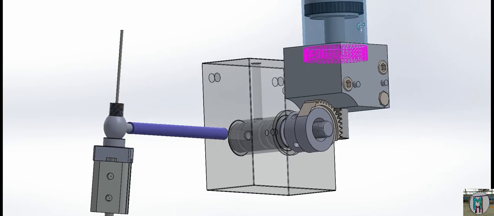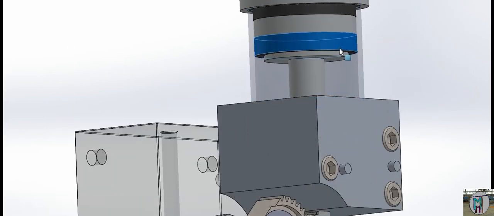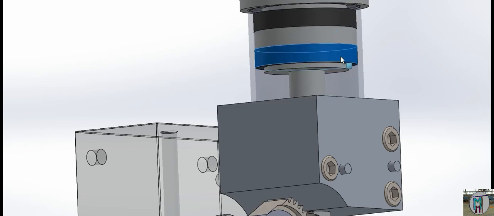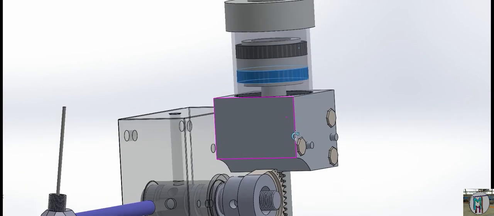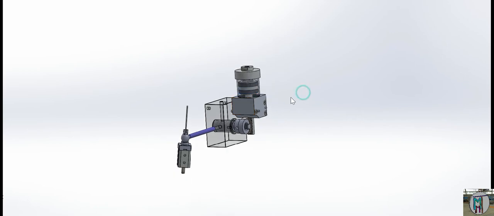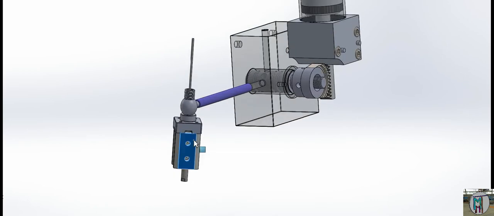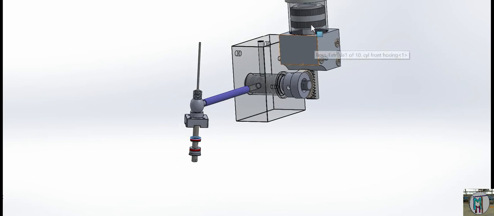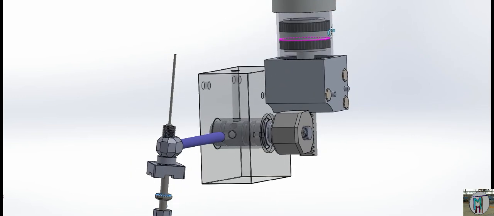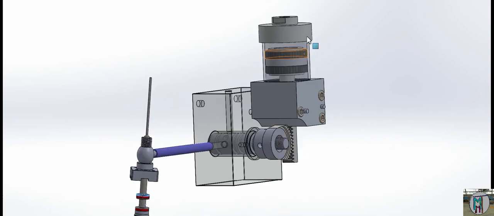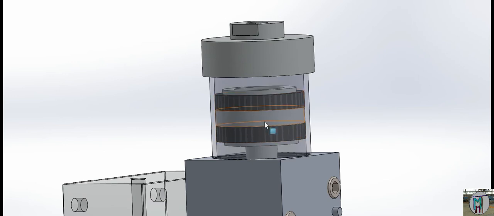You can see this is basically a piston only. This is the cylinder, the same pneumatic cylinder, and this is also a pneumatic cylinder. We design the cylinder as per our requirement. Understand? Suppose we need a low pressure, so no need to put a big cylinder or a very large dimension.